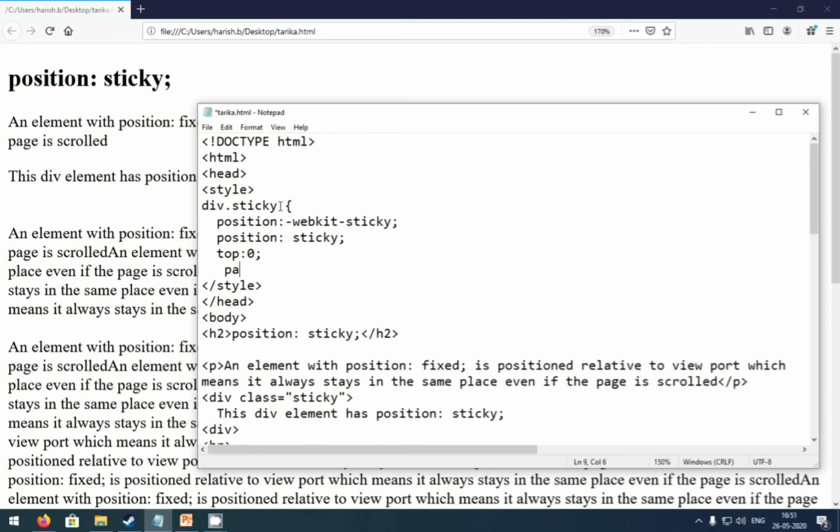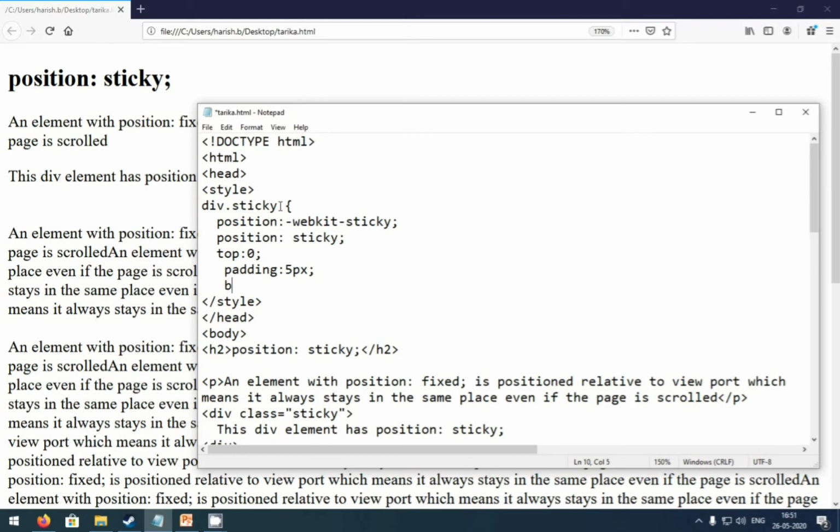And padding will be 5 pixels. Okay, and after that background color is #CAE8CA.